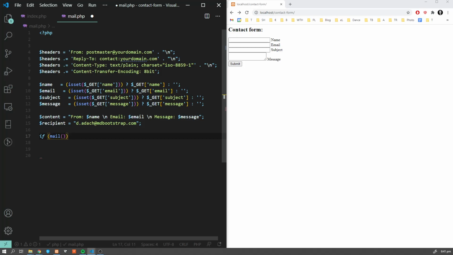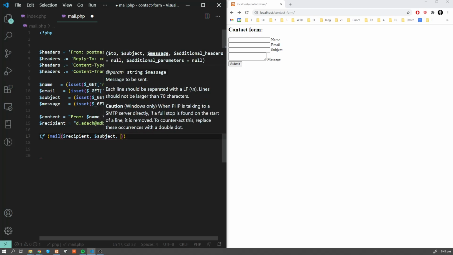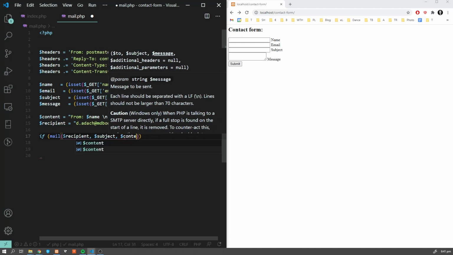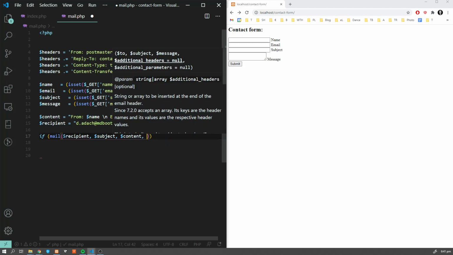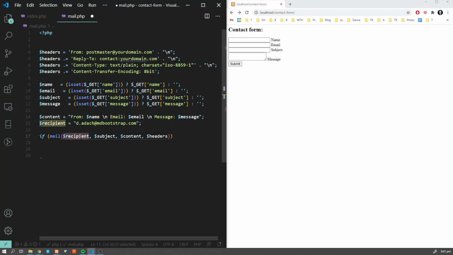And finally, we want to use our mail function. So mail function returns 1 if everything was successful, and 0 if something failed. So this is how we're gonna check whether sending was successful. And we are providing following parameters. So we have recipient here. So this is my email address. Obviously you want to send contact form to yourself. Then you have subject, content of the email, which we created over here, and headers, so extra meta information.